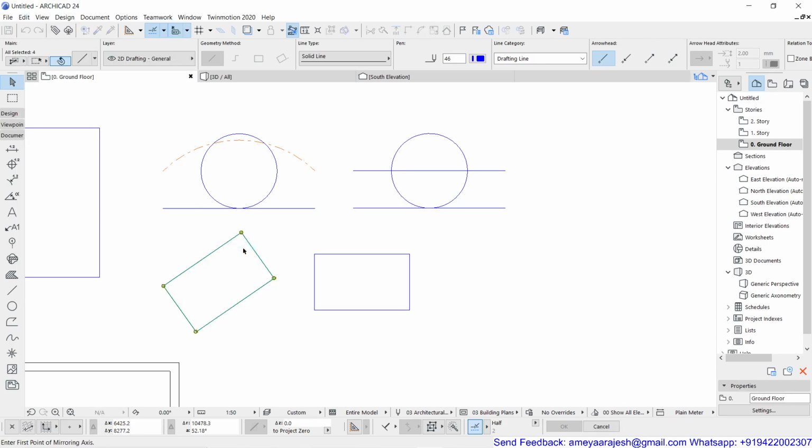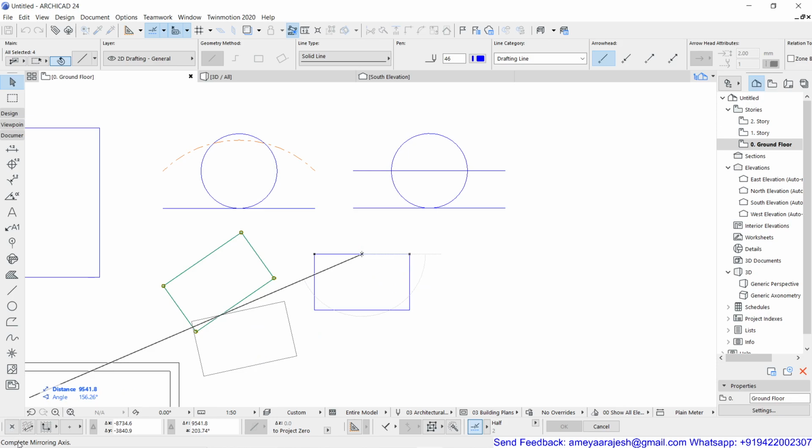So now directly I'll start working with mirror. Because the command is already activated, you can see it is written enter first point of mirror axis. That means where you want to place the mirror, so that it's just as good as you standing in front of a mirror. The distance between you and the mirror is the same as between the reflection and the mirror on the opposite side. If I place the mirror line at the middle of this particular rectangle, obviously I'll get the copy on the other side. So I'll use a check mark, half location, and then I'll pick that point.